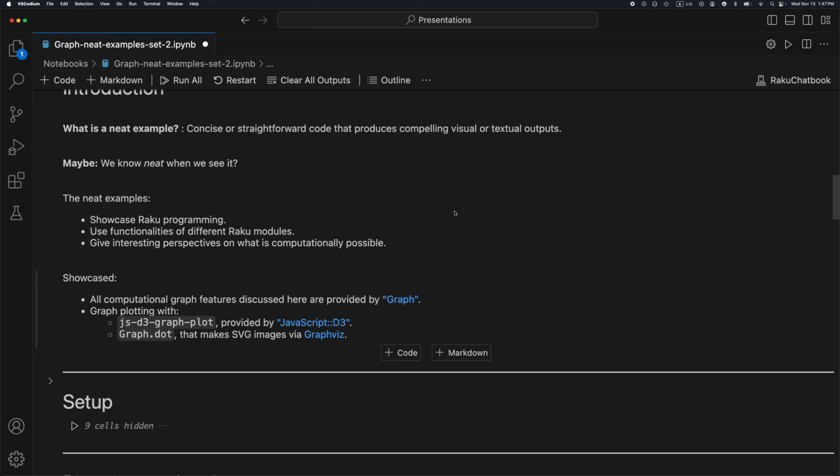All right, so what are neat examples? They're concise or straightforward code that produces compelling visual or textual outputs. They showcase Raku programming. They also showcase functionalities of different Raku modules, and they give interesting perspectives on what is computationally possible. I'm using the package Graph for this, as the presentation says, and I'm visualizing the graphs using JavaScript D3,